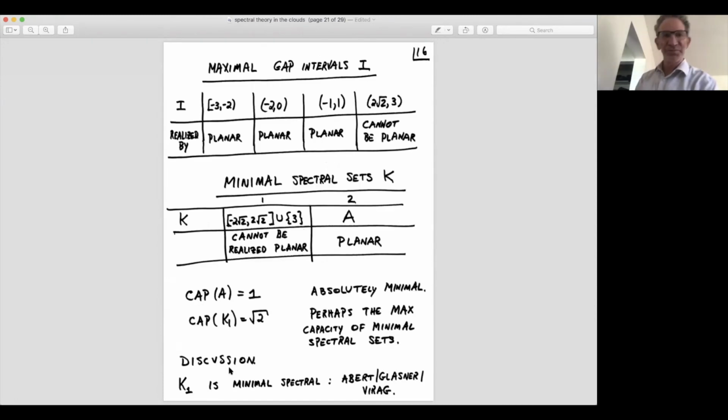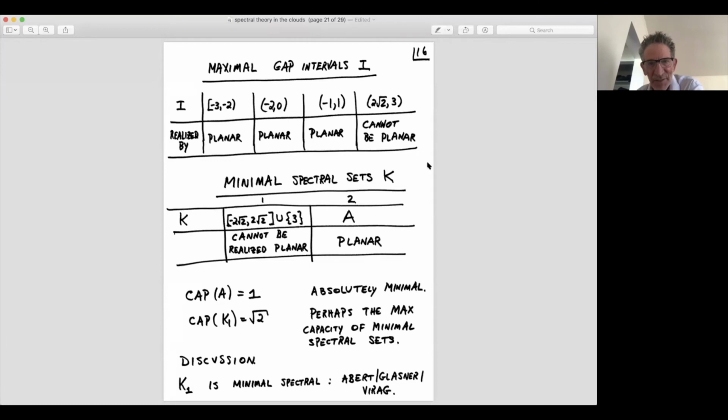So let me summarize what we have at this point, in terms of maximal gap intervals and minimal spectral sets, which are just the complement. So maximal gap intervals, I've already explained Alon-Boppana. There's also (-3, -2), that was the Hoffman graphs. And then our new ones, which are length 2 and are maximal gap sets. I don't know any other explicit ones. Of course, by Zorn's lemma, you can put anything in a maximal one, and we don't know how to determine those, but these are the basic building blocks.